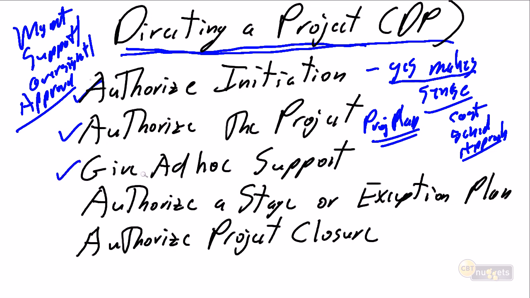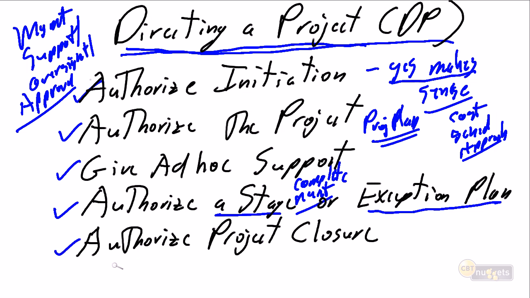Throughout the project, senior management is going to be there to give ad hoc support to ensure that we're doing the right things and providing support for us as we need to manage by exception and escalate material to senior management. They're going to approve every stage, that the stage itself is complete, that we've done the things we promised to do, and they're going to approve the next stage, that the updated project plan, the updated business case, the updated cost-benefit justification still makes sense, that this is still an appropriate project to be working on. They're going to give us approval to proceed, and they're going to work with us on any exception plans to deal with any project challenges that are running out of tolerances and help us bring the project back in line.